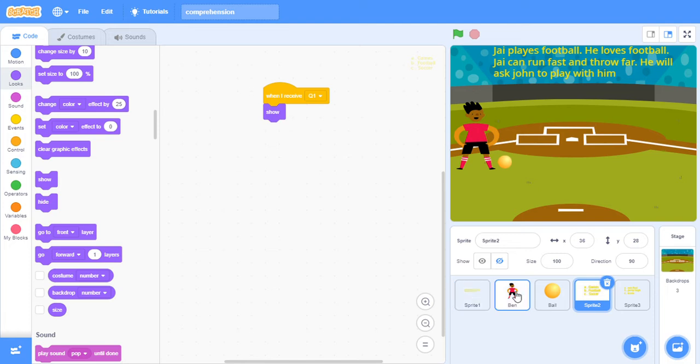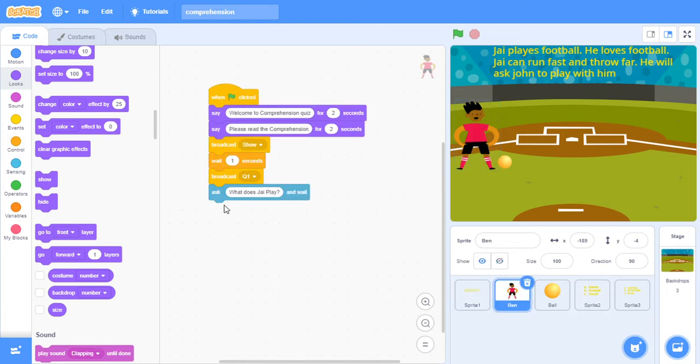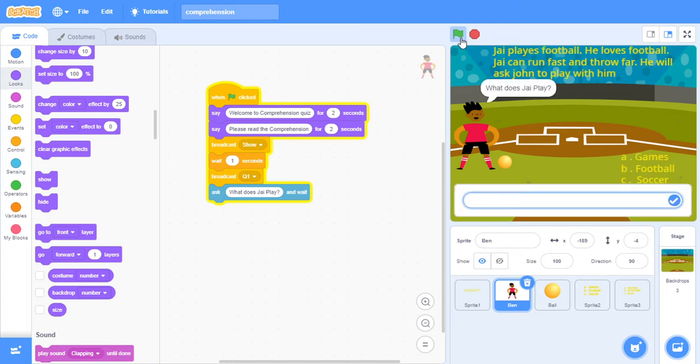Now the question 1 options will be visible and the person is asked the question. Let's just check quickly. Welcome to the comprehension quiz. Please read the comprehension. Yeah, fine. Comprehension is visible. What does Jay play? Did you see the options are visible here? This ask block is asking the user to give an answer. You need to type it here.